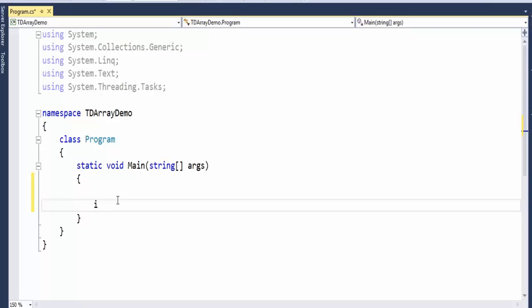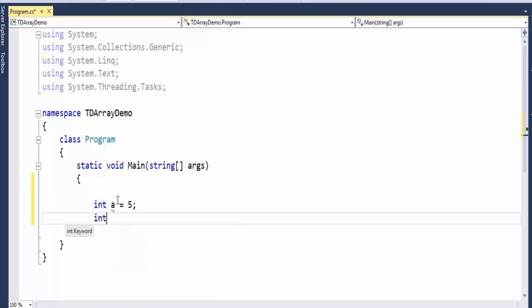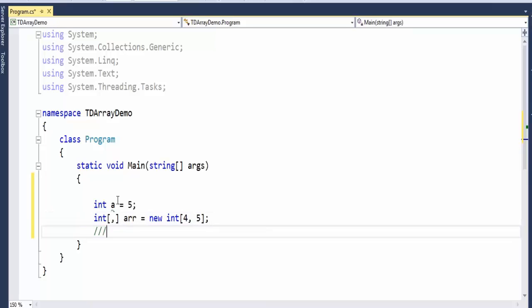So here, int a is equal to 5. First I am going to initialize the value, int a is equal to 5, and I declare this two-dimensional array. Two-dimensional array ARR is equal to new int[4, 5], 4 rows and 5 columns. Okay, total 20 elements we are going to get here. And how are you going to assign the value? Assign